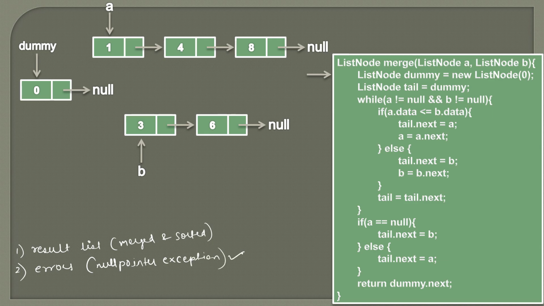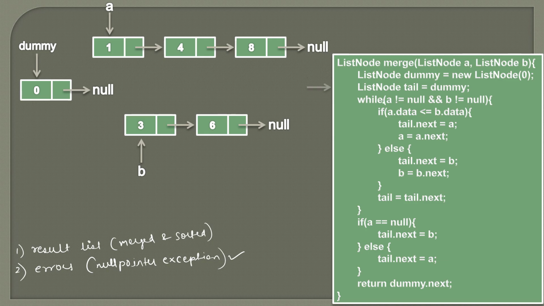So we will see this point later, how it helps in preventing null pointer exception. For the time being, you can just think that we have created one dummy list node. Now this list node will keep on adding one node from both the lists, such that when both the lists are exhausted, all the list nodes will become part of the list referred by this dummy node.